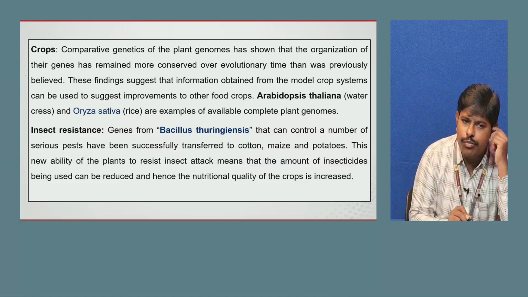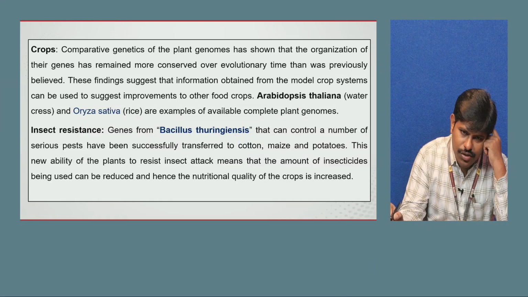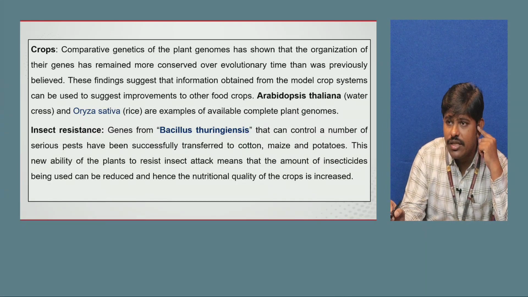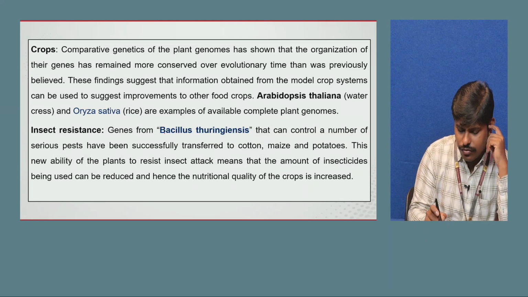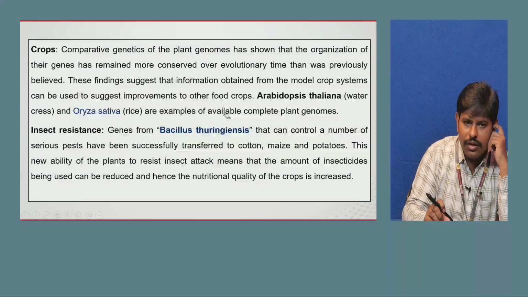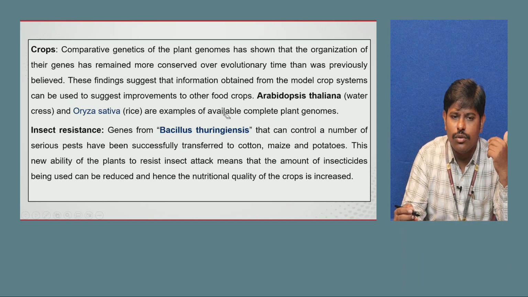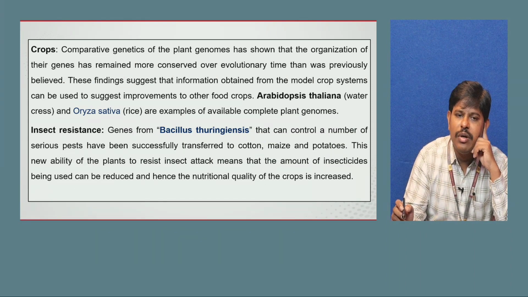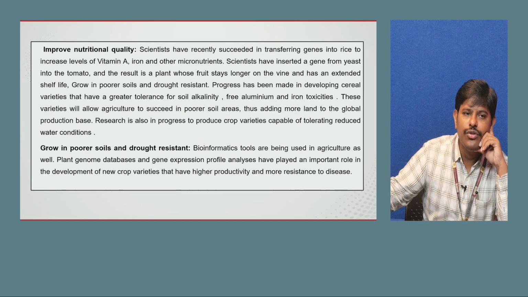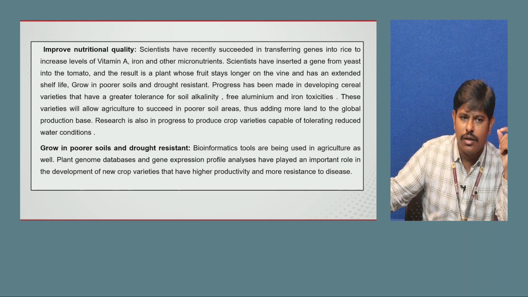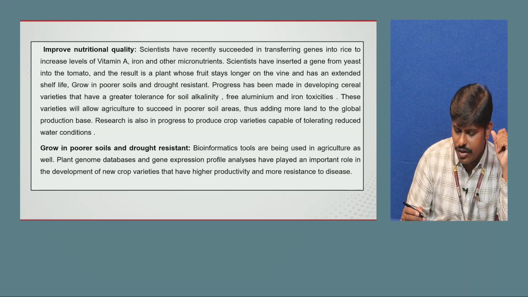The development of Bt cotton, Bacillus thuringiensis cotton, which is an insect resistant plant or crop. Those kinds of plants can be developed through bioinformatic algorithms and sequence analysis, and you can improve nutritional quality by finding the genes. One example of that is golden rice,